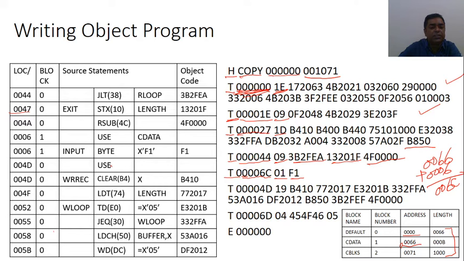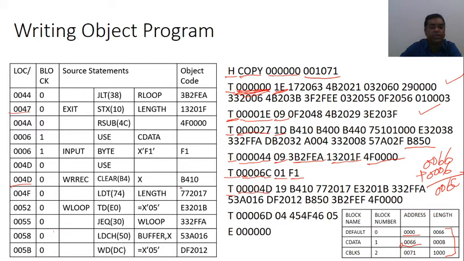Now here I am getting the instruction as used. That means this part of the program is from the default block. And when I am using the default block, first column is what? Text record, then the starting address of this text record, that is what? 004D. You can see here, if I add 004D and 0, this one is the starting address of default, we will get 004D. So it is written here 00004D.